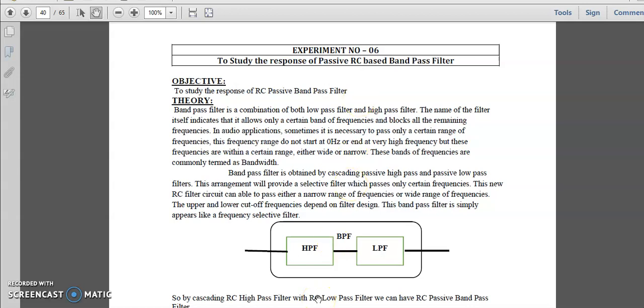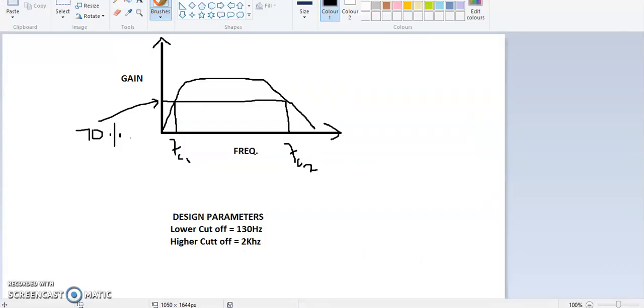So the curve that we obtain for band pass filter is the gain versus frequency curve, and it is like this. When gain is plotted versus frequency, at 70% of the maximum gain, if this is the maximum gain and this point corresponds to 70% of this gain, then this corresponds to two frequencies. One is this FC1 and the second one is FC2. This FC2 minus FC1 is equal to the bandwidth. So the band pass filter is responsible for allowing frequencies in between these two frequencies, that is FC1 and FC2.